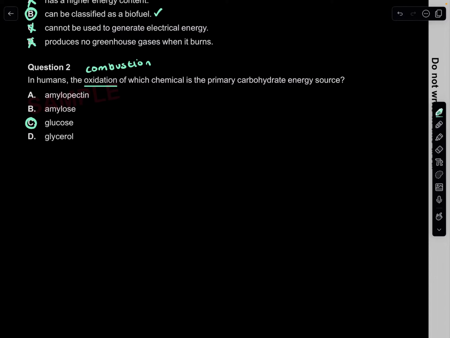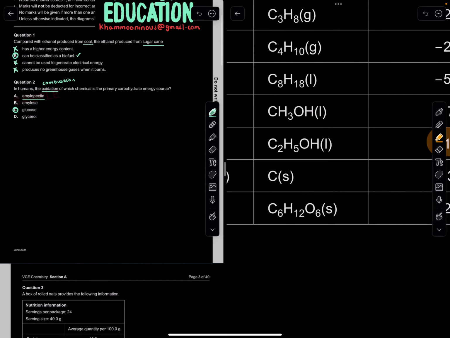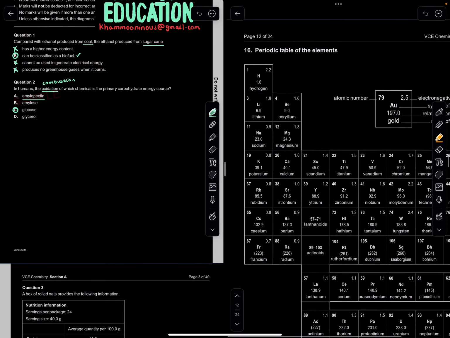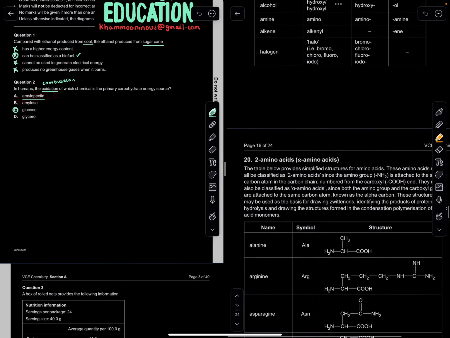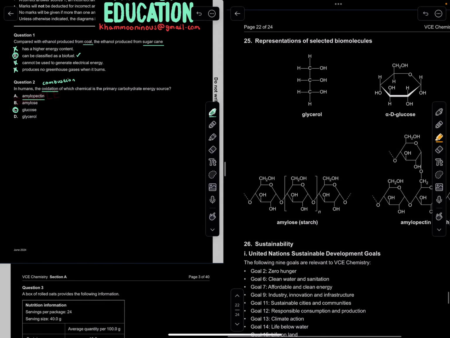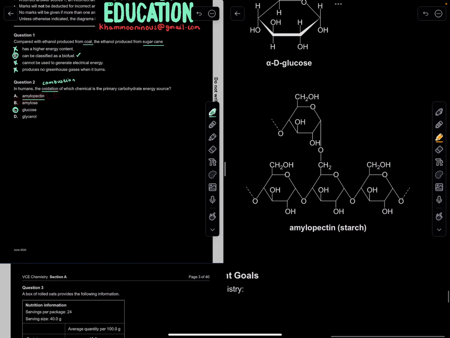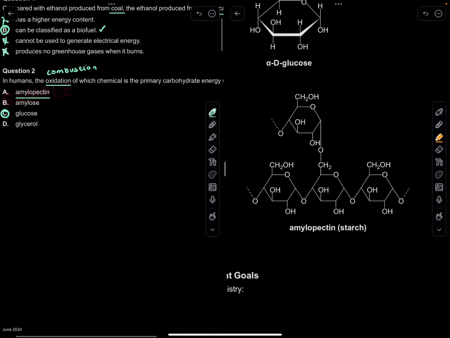So, we're talking about the primary carbohydrate. Amylopectin, absolutely, is a carbohydrate, but be careful. If you look at it in your data book, I think it's in the data book, if I'm not mistaken, the structures are normally there. There it is. Amylopectin, which is basically a starch. You can see it's a starch. But the difference is it's a